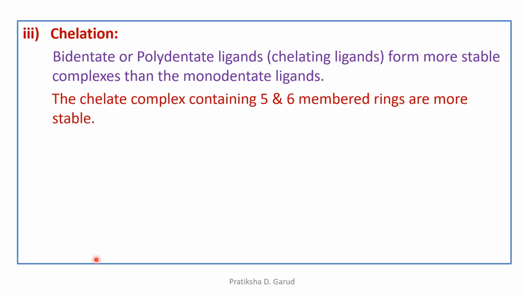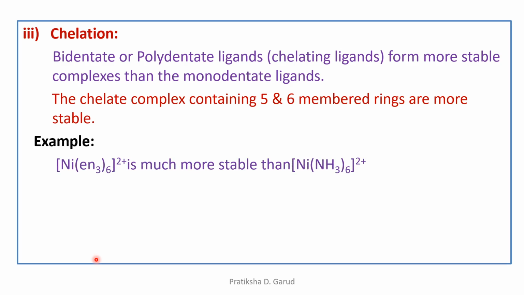So chelate complexes containing 5 and 6 membered rings are more stable, right? Its example is [Ni(en)3]2+. En means ethylene diamine, right? It has 2 nitrogen atoms, that means 2 donor atoms. And these 2 donor atoms form a ring, right? So it is more stable than